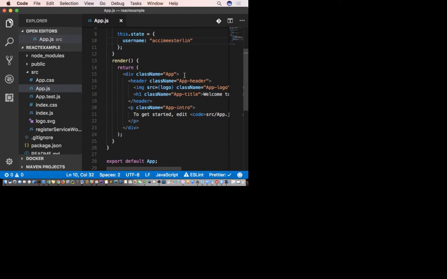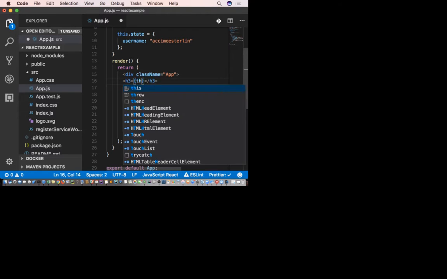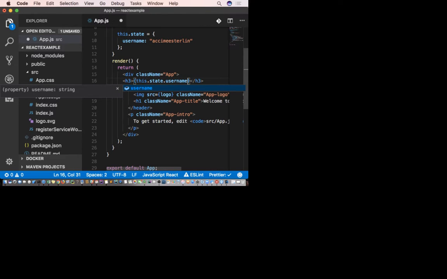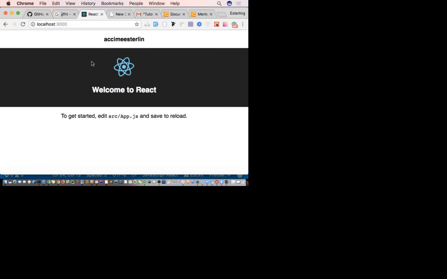I'm going to be using this state over here. Okay, and then let's see our application. All right, here's our state has a username and we're consuming that username down here. And as you can see, I have Sterling.